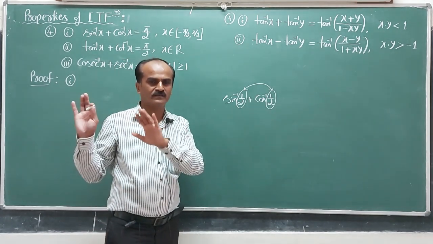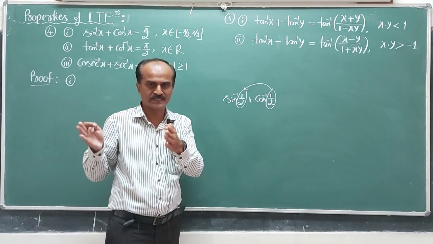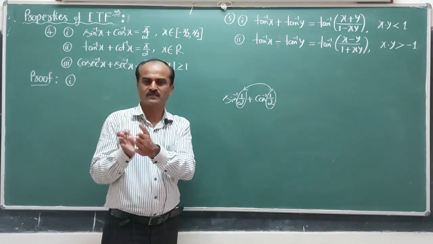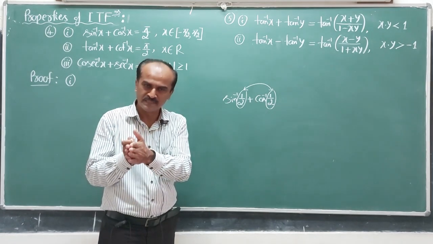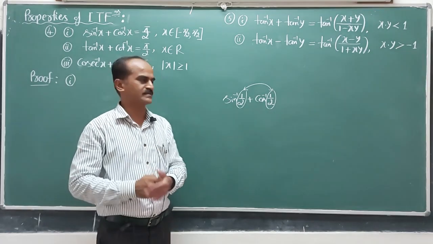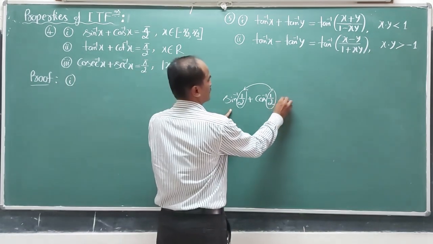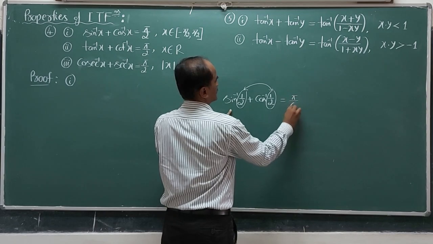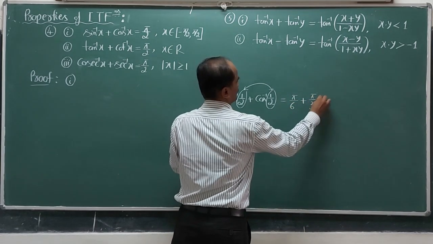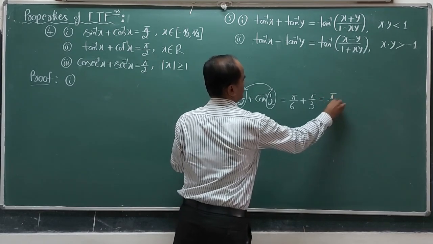Whenever the value of x is the same in both sin inverse and cos inverse, if you add those two inverse trigonometric functions, that is, on adding their principal values, we end up with pi by 2. That is what the property says. Now we know that sin inverse of 1 by 2 is what? Pi by 6. So cos inverse of 1 by 2 is how much? Pi by 3. So we are ending with pi by 2.